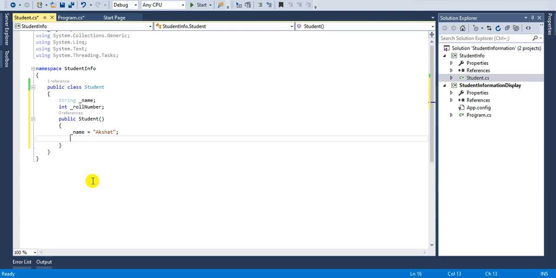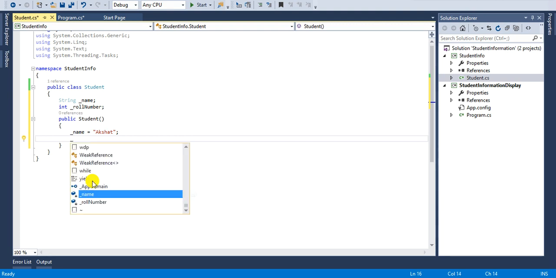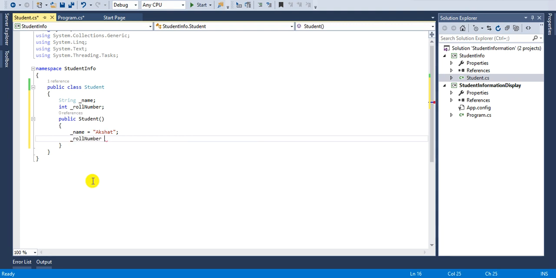Semicolon, and underscore roll number equals 21, semicolon. So now we will create a method to display this value on the console. So public void student info display. I'll name that